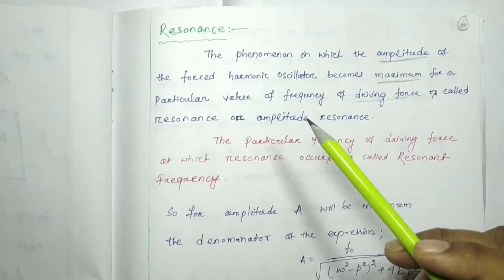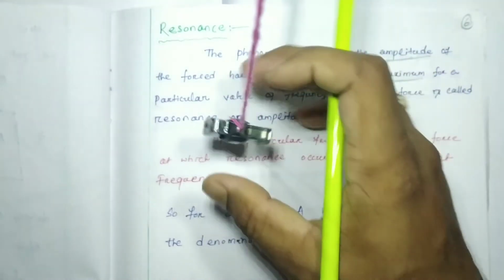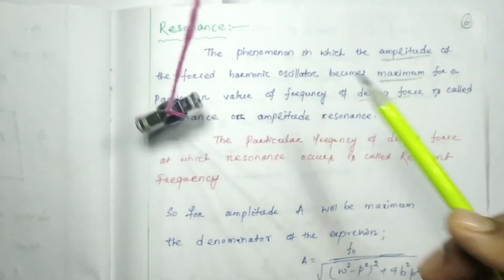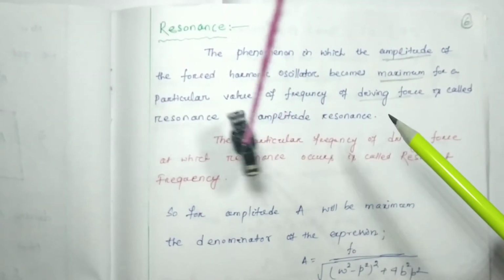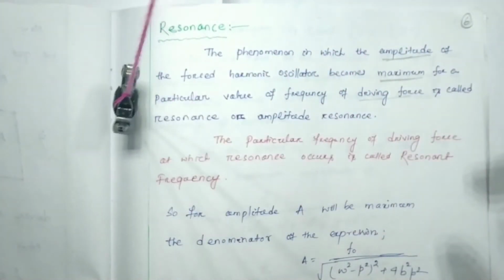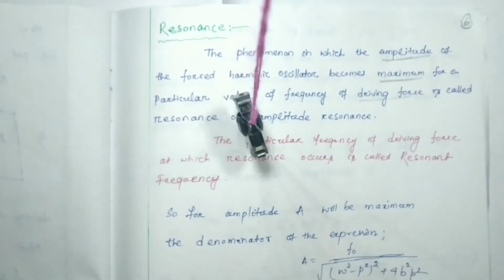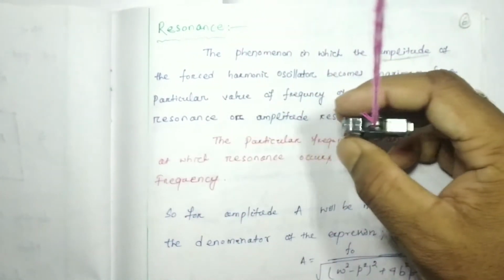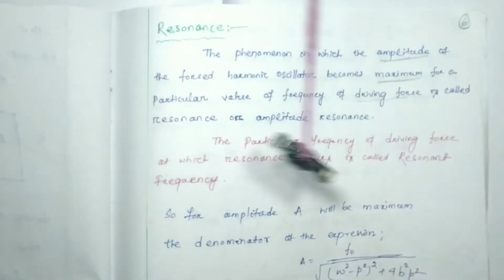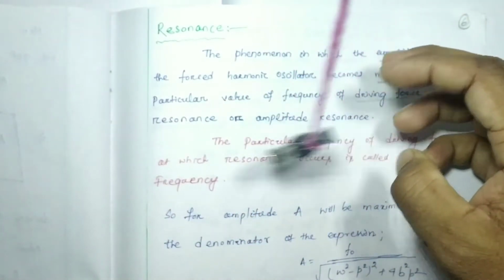What we discussed in the last class is that if an oscillator is oscillating simply without any applied external force, this state is called the transient state. Its amplitude gradually dies down, and at last it will stop. But to continue this oscillation, we have to apply from outside an external force with a different frequency as compared with the frequency of the oscillation.